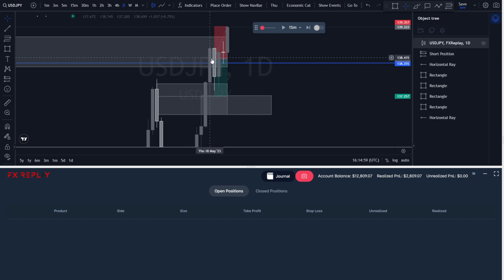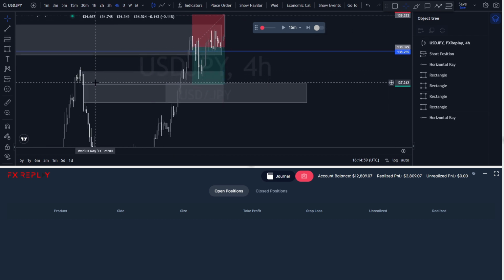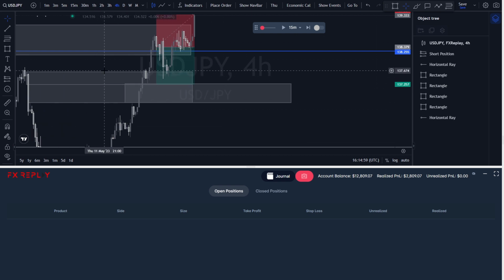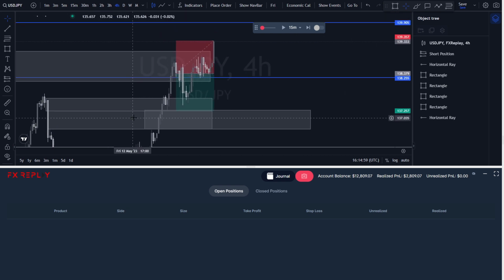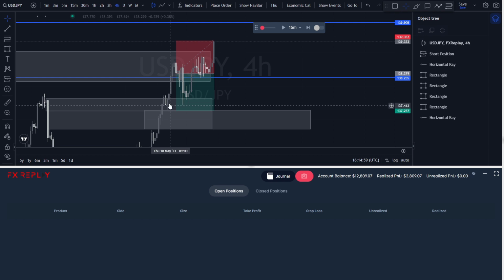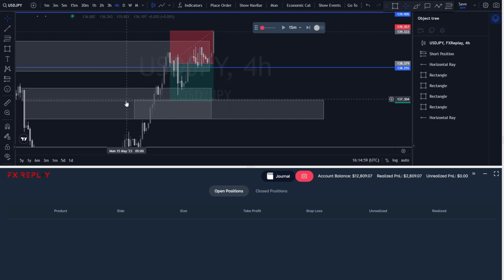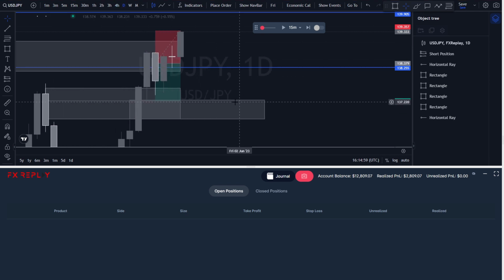Also the reason I entered was because of this 4-hour fair value gap to the downside and this 4-hour order block to the downside. And usually when that happens, at least that's what I've noticed, price ignores those two confirmations, takes out the previous area of liquidity, and then goes not necessarily up or down, but in the direction that the confluences say price will. I mean, it did kind of, but it didn't go into this daily fair value gap.